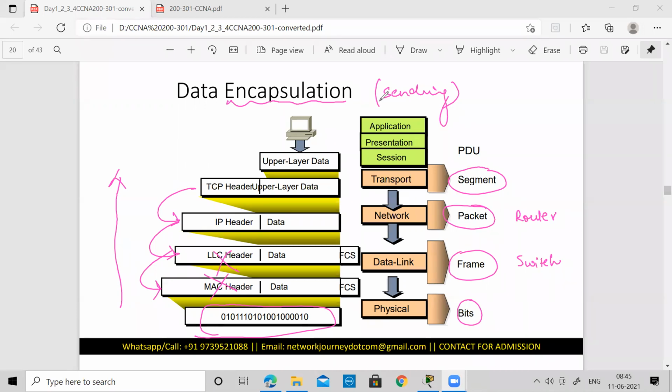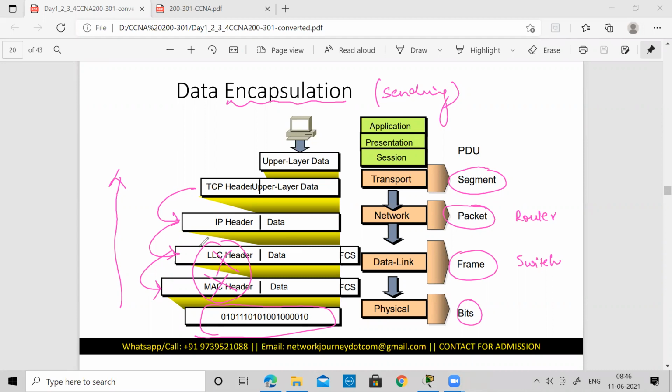This same analogy is applicable even for your computer network communication. When the device gets the information from the physical layer, it will check these addresses: who is the source MAC, and whether the destination MAC is matching with mine or not. If it is directly matching, it will accept the frame.